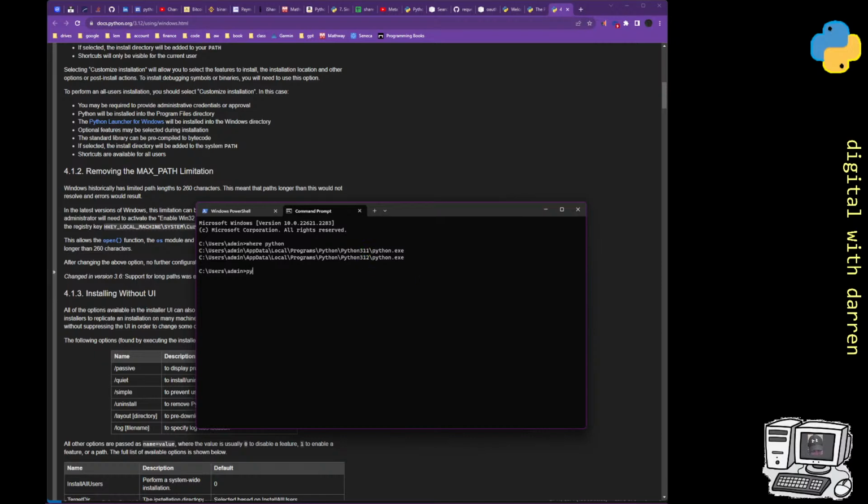And if I do a Python double minus version and hit return, I still see the 3.14, which is still a tiny bit annoying. I might have to uninstall all versions of Python. Yeah, okay there. I don't need the previous versions, so